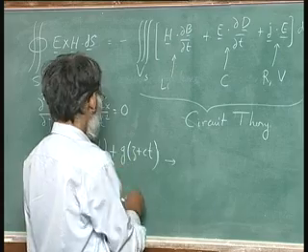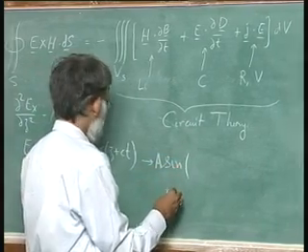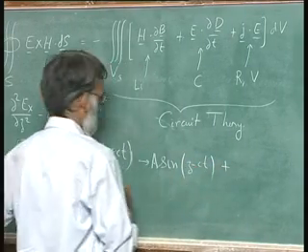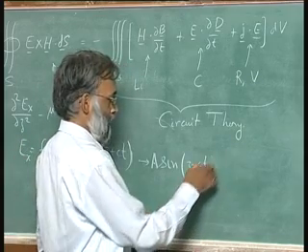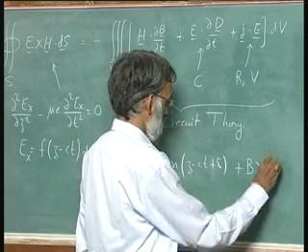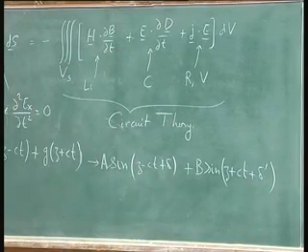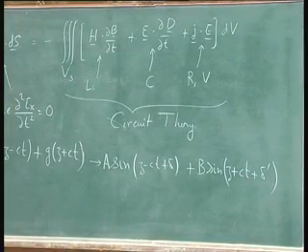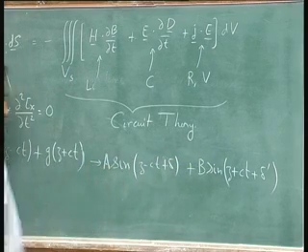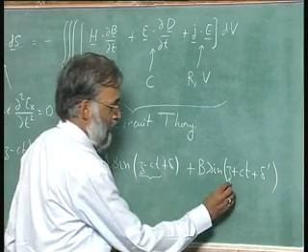So, we say that E is some A sine z minus Ct plus, in fact, I will give an angle also, plus delta plus B sine z plus Ct plus delta prime as my function for Ex. Since these can be arbitrary functions, they can also be these functions. There is nothing in there that says they can't be. Only thing that is important is they should be functions of z minus Ct,